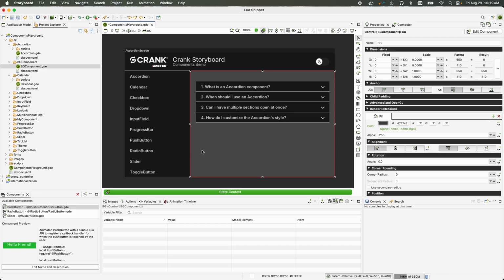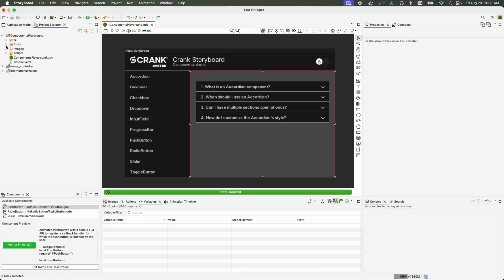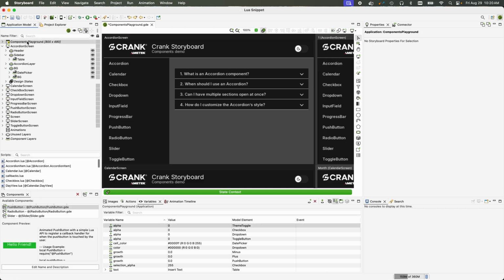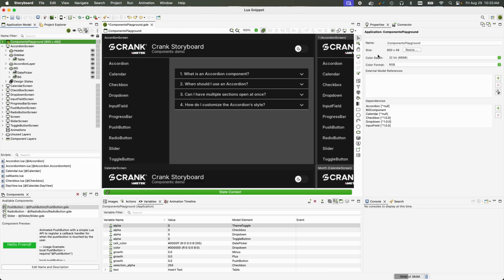So when you include a component into your app, it creates a dependency, which is how the application knows that the component needs to be included on export. So if we take a look at the application properties view, you can see all your component dependencies inside the project. And how it works on export is